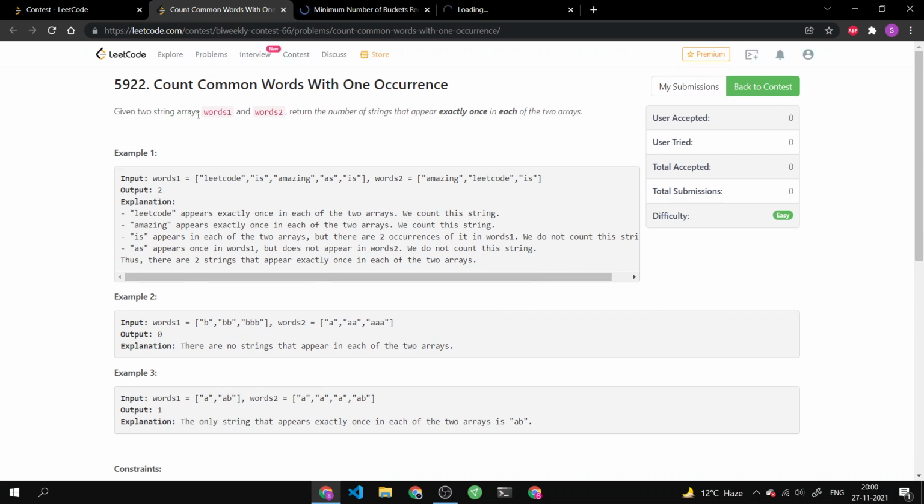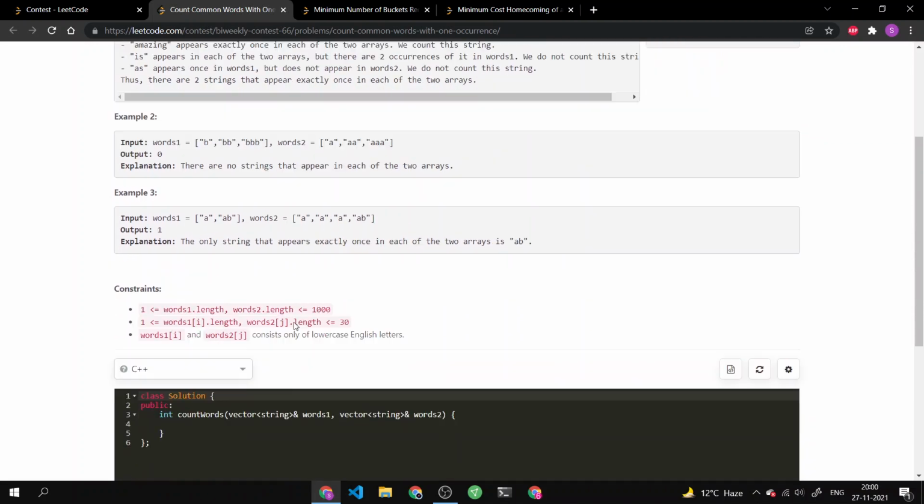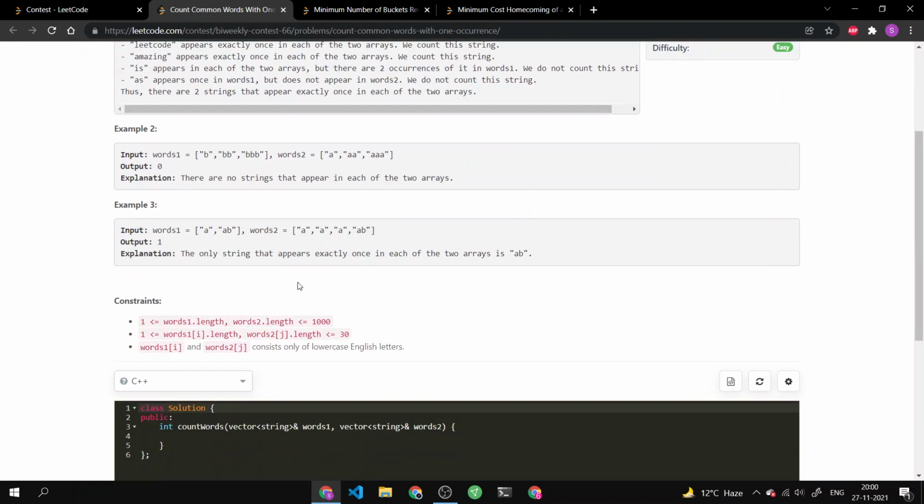So given two string arrays word 1 and word 2, return the number of strings that appear exactly once in each of these two arrays. Okay, exactly once. Cool. Return the number of strings